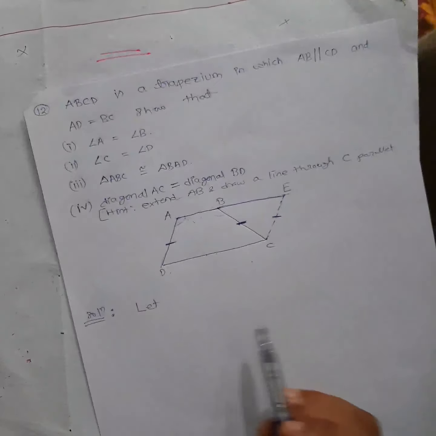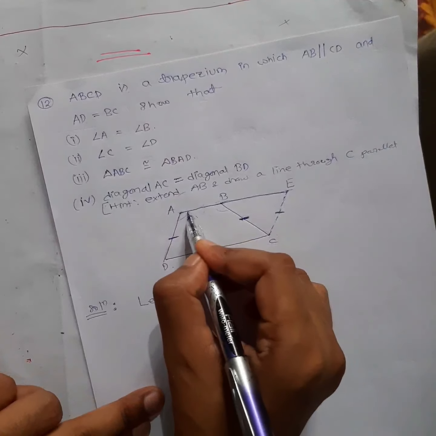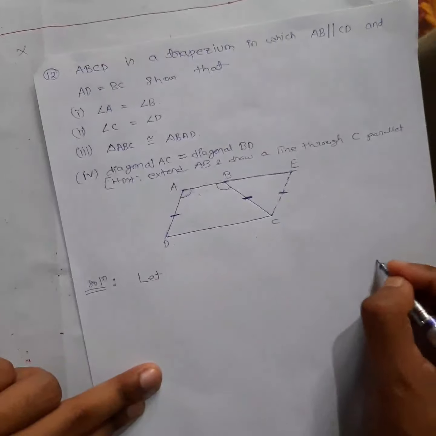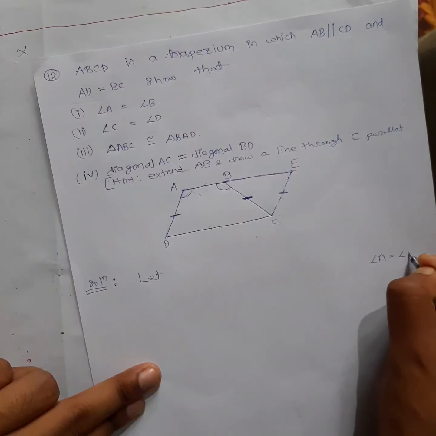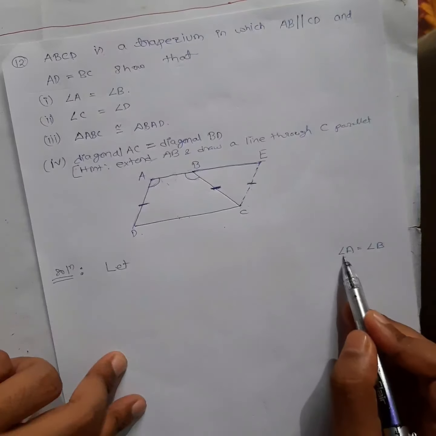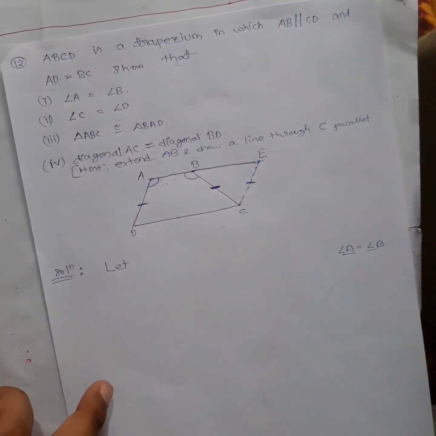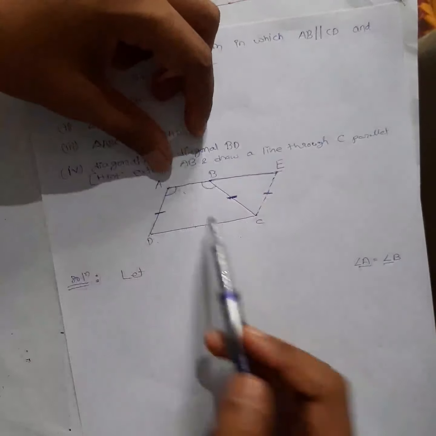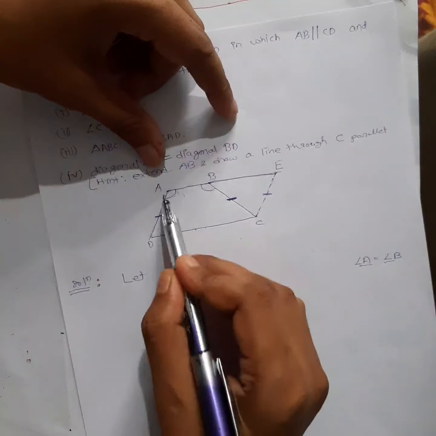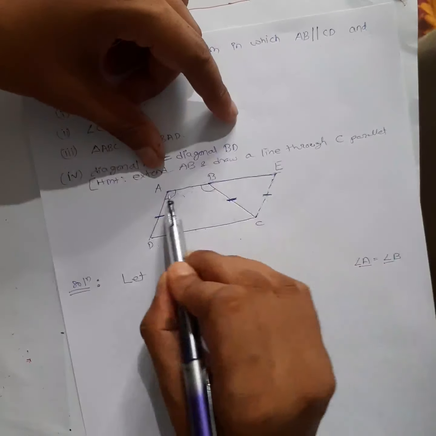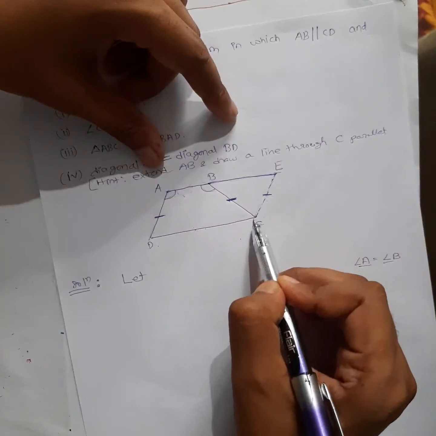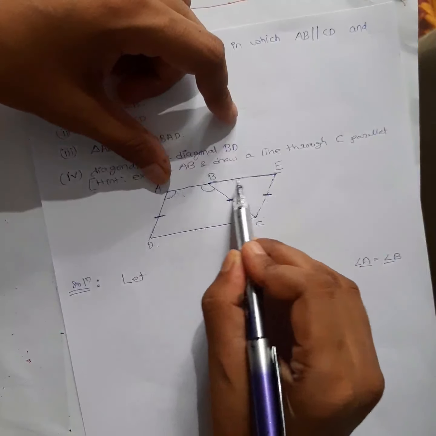Now see what is the advantage of that. Now what I have to show, I have to show this angle is equal to this angle, right? That is, I have to show angle A is equal to angle B. So I have to make one equation where A and B only must be there, no other quantity or no other variable, okay. So what equation can I make? Now see carefully, this line and this line, if they are parallel, this will be the transversal, right?